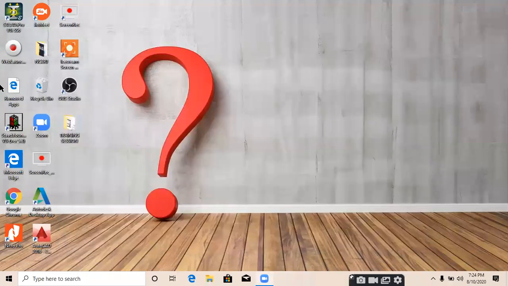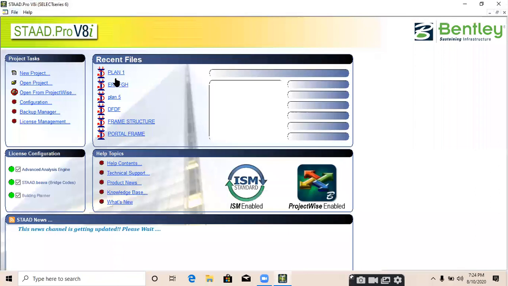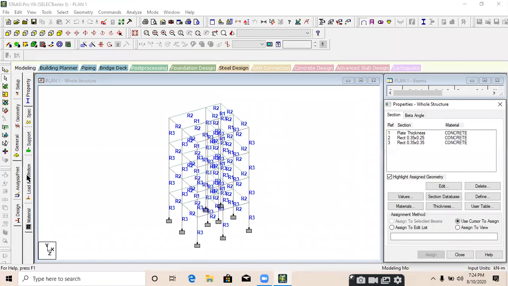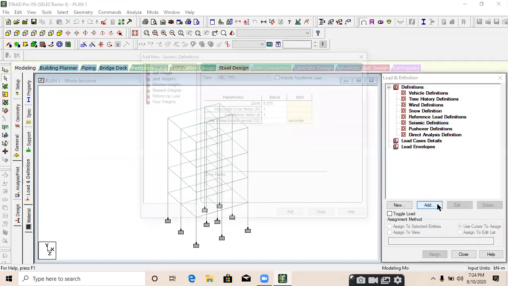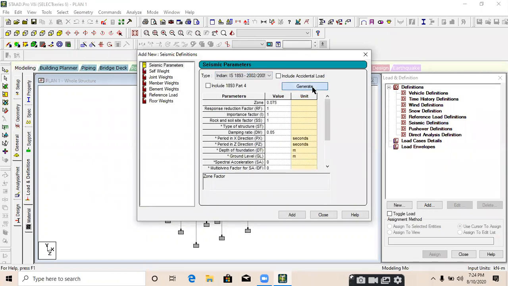And close it. Again open the stat profile. Go to the structure, general, load case detail, seismic definitions, go to add. Now select the code Indian IS 1893-2002/5 and go to generate.